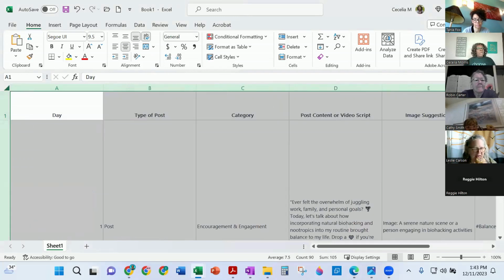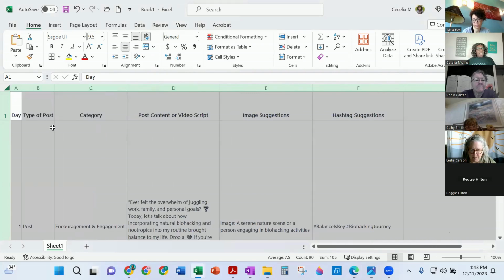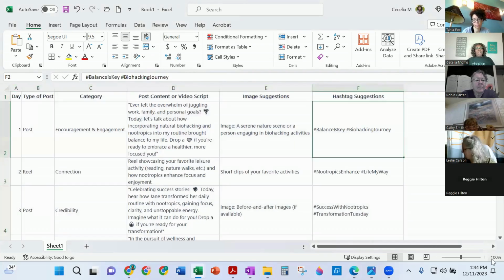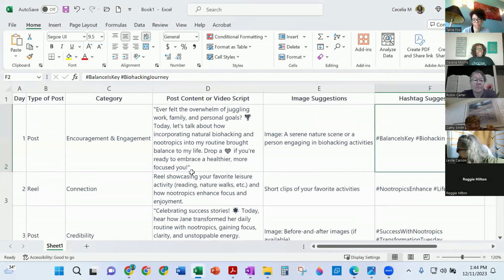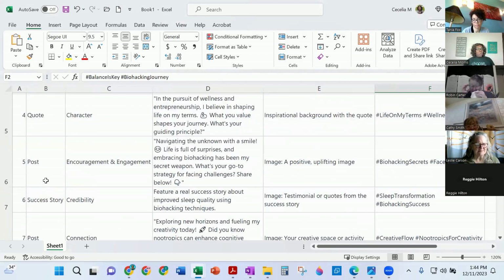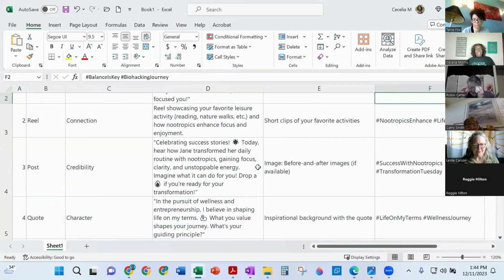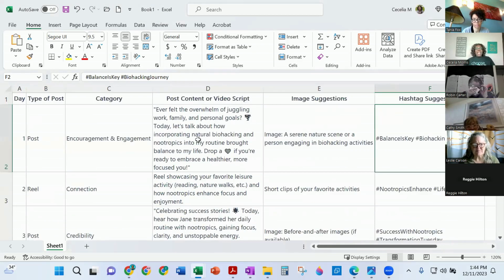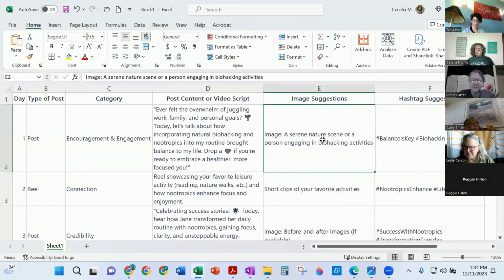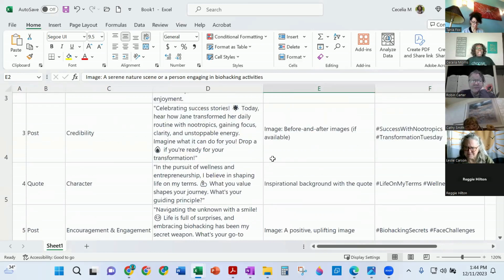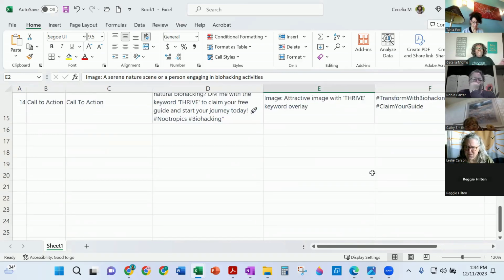So I'm going to slide out these and make them bigger. And this way, and this way. All right, so now what I've got, and I'll make this a little bigger so you don't need an eye chart. All right, here's my 14 days of content. This is my day. It's a post, a reel, a post, a quote, success story, whatever. So now I can take this, I can copy it straight on over into my Facebook, my Instagram, my Twitter, my LinkedIn. And then here's my image suggestion. I just showed you how you can do text to image. And then here's my hashtag suggestions as well.